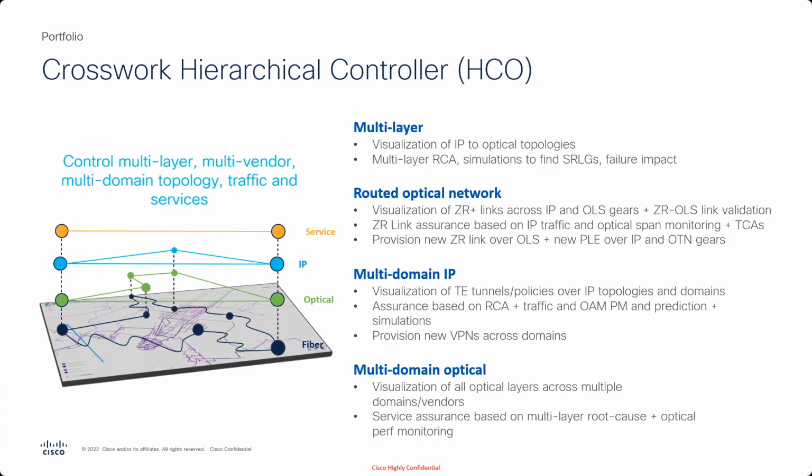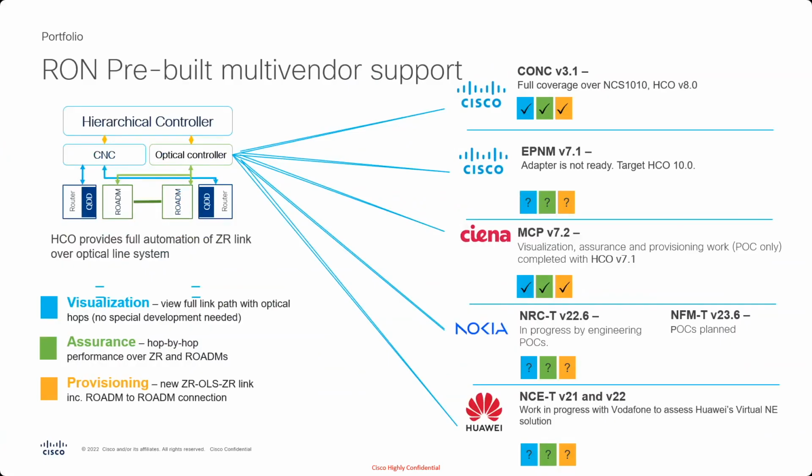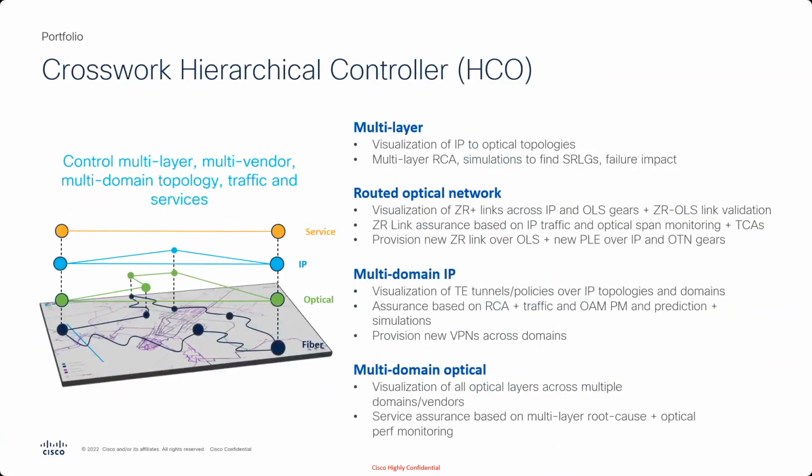HCO is also a tool that is able to close the loop already with some of the use cases. Optical is one of the examples, and before going into the slide, I just want to mention what is the closed loop automation that we do in optical with HCO. So the network elements are becoming more and more simple. And so